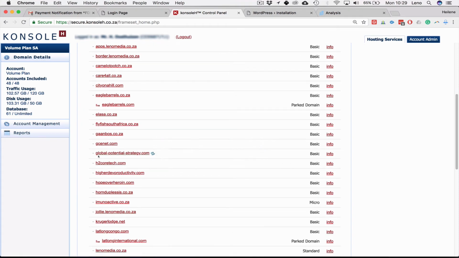Like here we see it has a little icon here. This means that this domain hasn't been transferred, but we already ordered the hosting account, so we can already start designing and install WordPress on it. Okay, so basically you want to go to this domain, and if you click on info